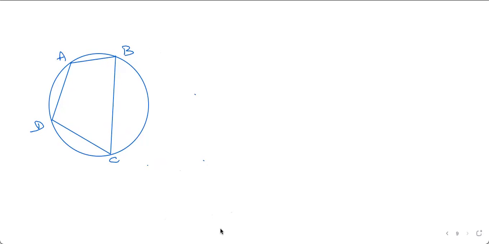Opposite sides are congruent. Absolutely wrong. Opposite angles are supplementary. That is right. So opposite angles are B and D and A and C. Do we need to think about B and D here? Absolutely not, because the question gives us information about A and C. So because it is a cyclic quadrilateral, we will know that angle A plus angle C equals 180 degrees. They are supplementary.